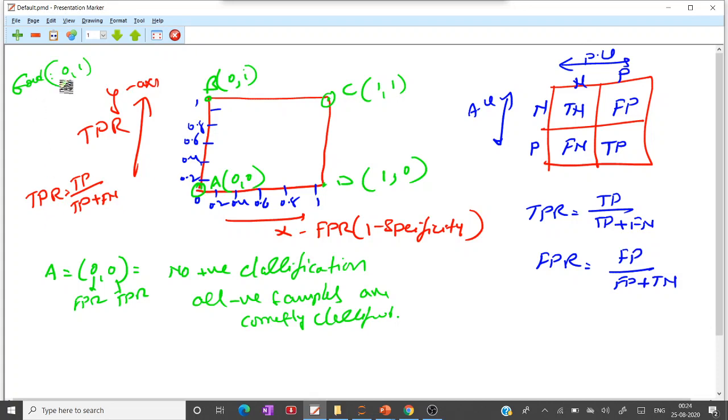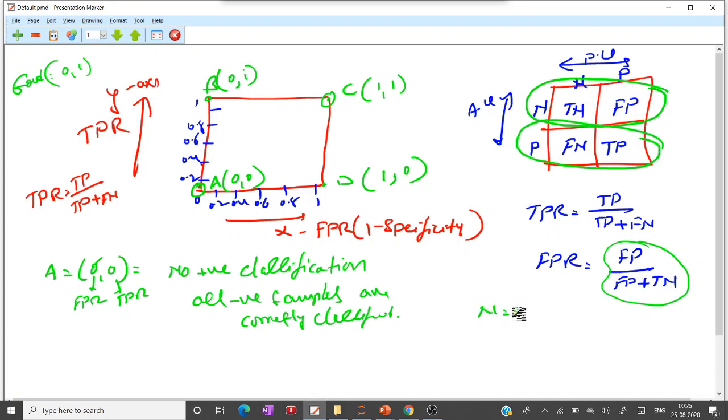So here the false positive rate FPR is 0. FPR means FP by FP plus TN. So in this confusion matrix, this is the actual negative values and this is the actual positive classes.